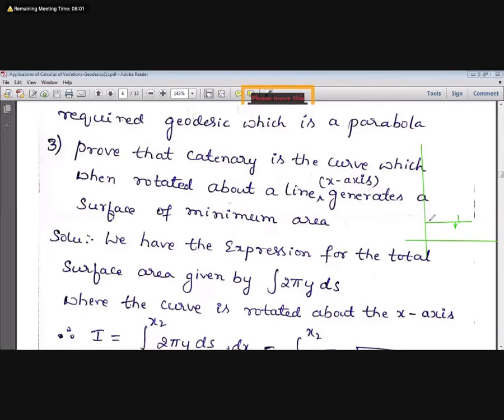Okay, if you have any curve, here you have a curve, something like this. Prove that the catenary about a given line. So complete rotation of this along the axis means we will completely rotate this. Okay, I am not able to write here. We will rotate this. One complete rotation means a full round, 2π, one full circle.